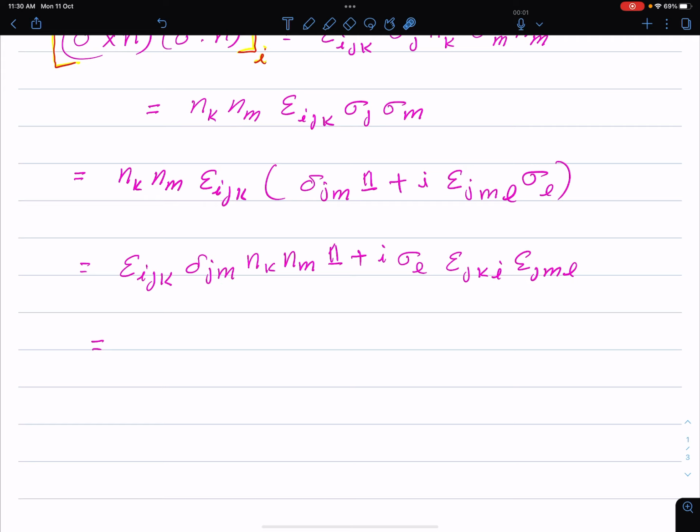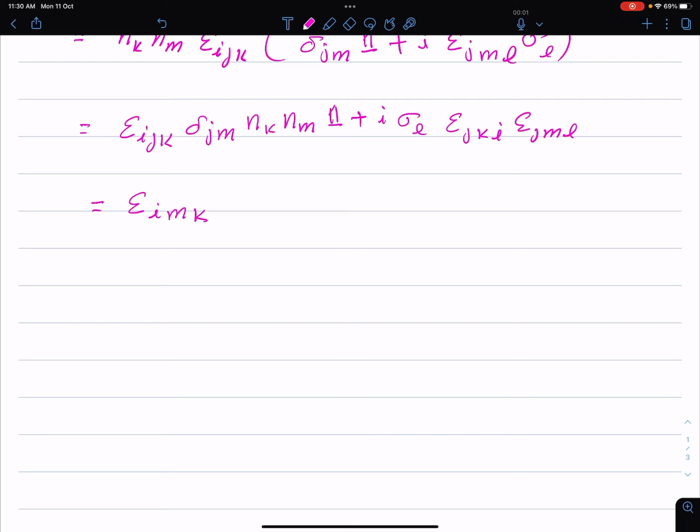So wherever m is there, I can substitute j. So what I get is epsilon i m k, j I am substituting with m, n k n m identity operator plus,